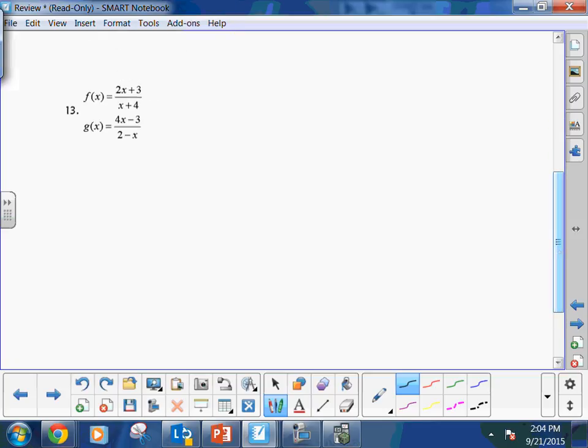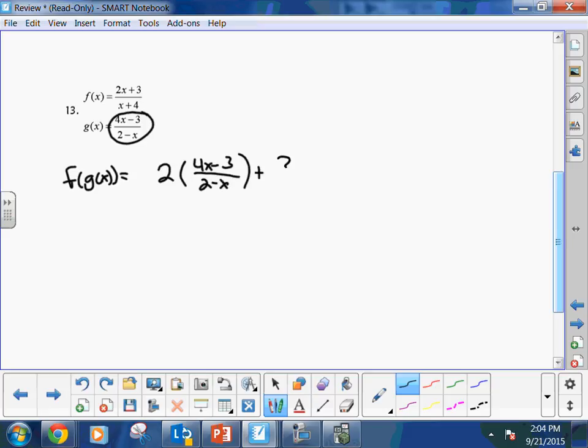Now, number 13 has us doing the same thing. We're going to do f of g of x, and we're going to see if that's an inverse, first of all. So the first thing I'm going to do is substitute this equation into the 2 x spots. So 2 times 4x minus 3 over 2 minus x, plus 3, and then also down over here, which is going to be 4x minus 3 over 2 minus x,